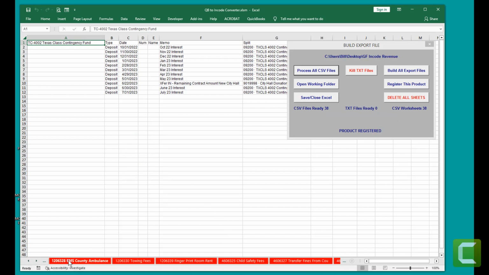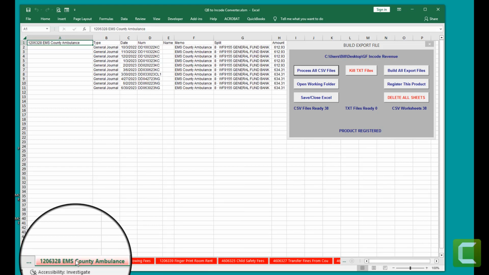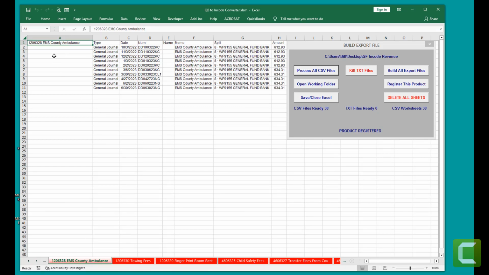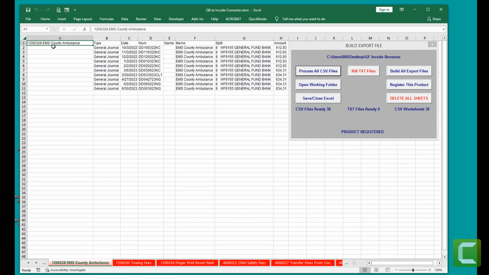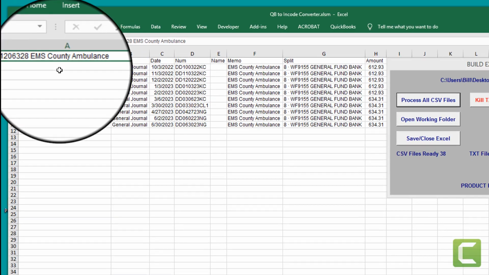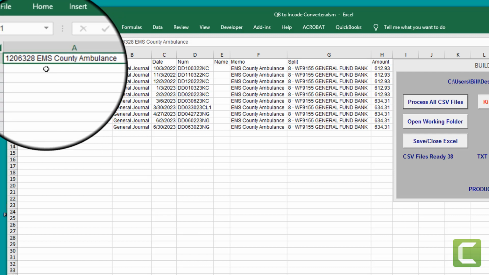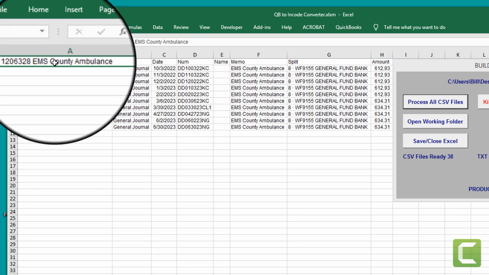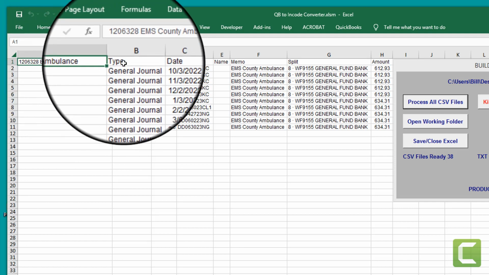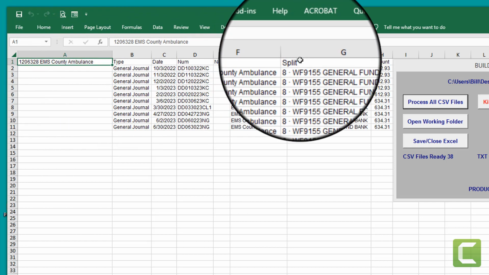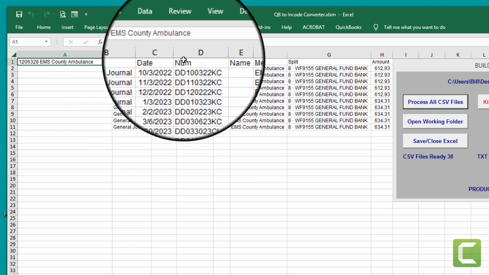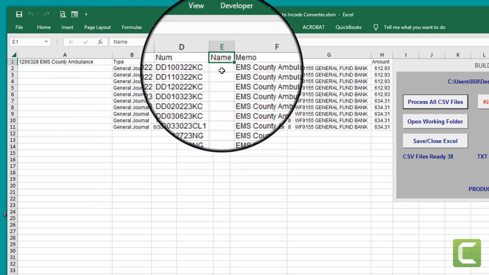We can scroll back and look at all the data on this header. Let me zoom over here. So this is a header that gets imported into Encode. So you have account and the account description. The header requires these fields right here: type, date, number, name.